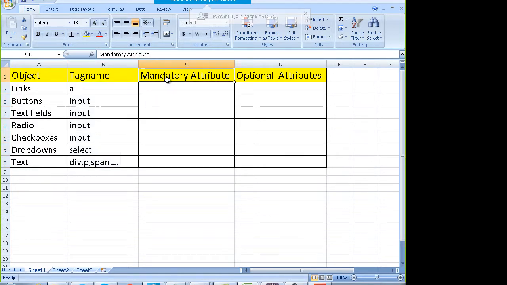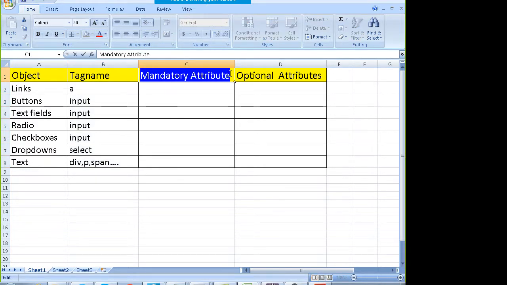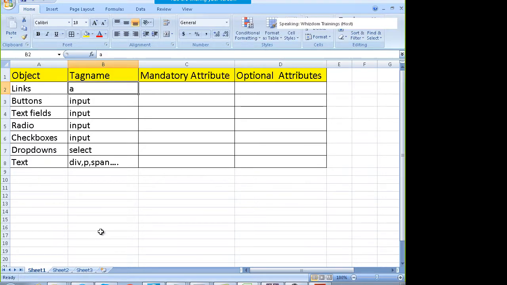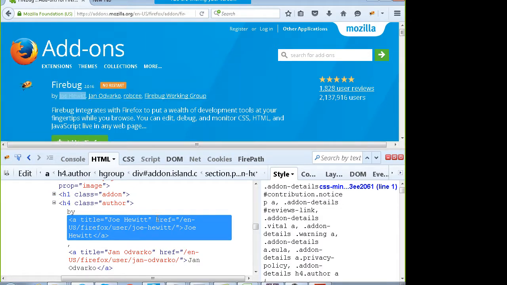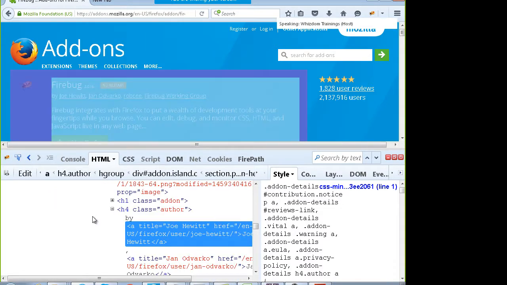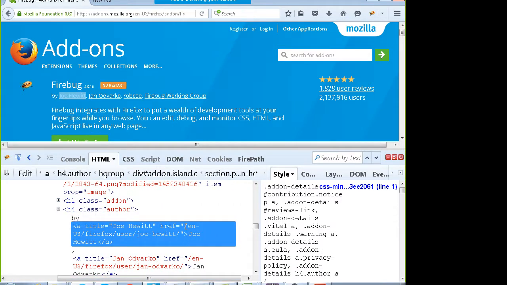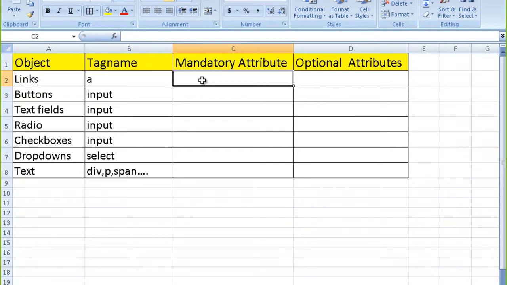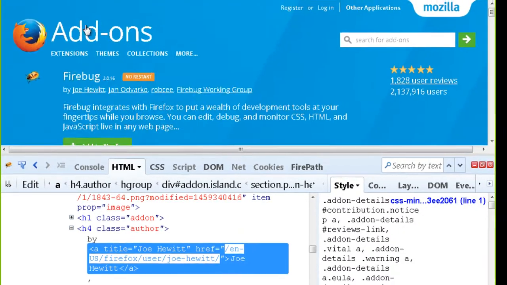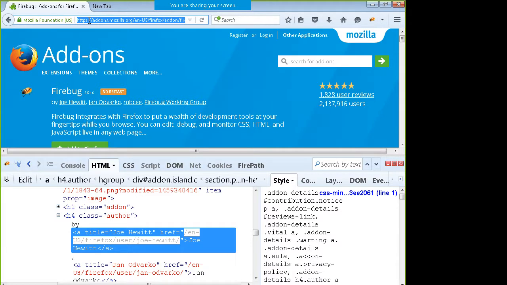Okay, and there are a few mandatory attributes which will always be there with a particular tag. For example, if you have a link, then with a link you will always find this href attribute, which will point towards the location or the URL which will open when you click on the link. So in case of a link, the href attribute is the mandatory attribute. In case of a button, if I have a button, for example, if I go to